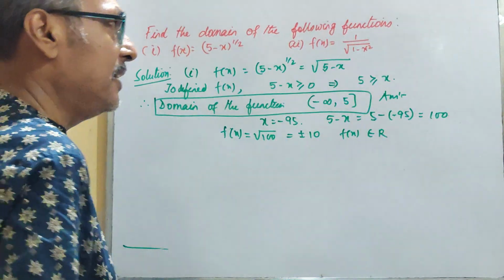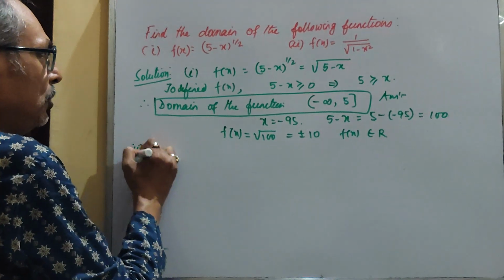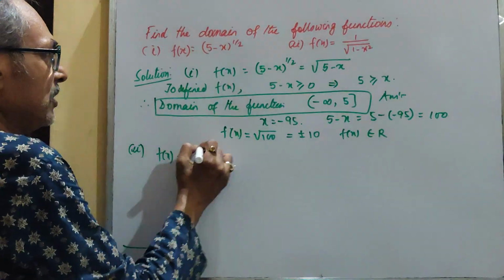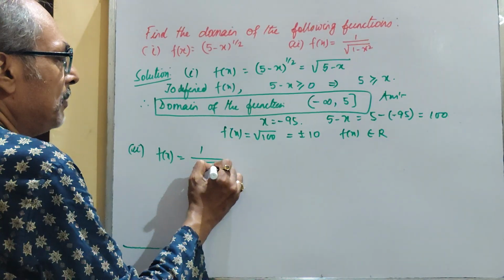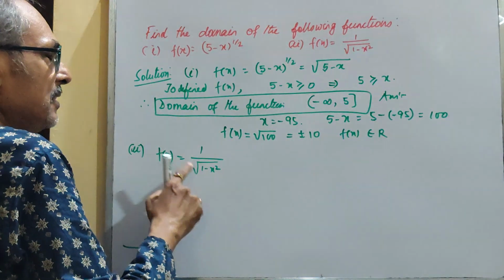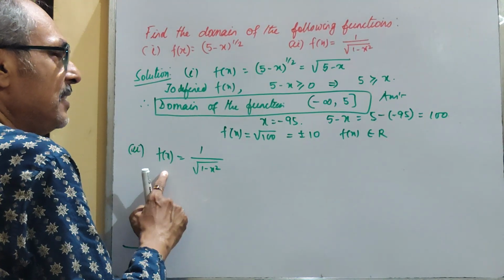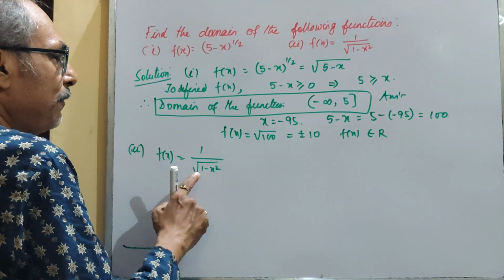I hope everybody understood the solution of part 1. Now we do part 2. f of x equals 1 by under root of 1 minus x square. If the denominator of a fraction is 0, then the fraction is undefined. Therefore,